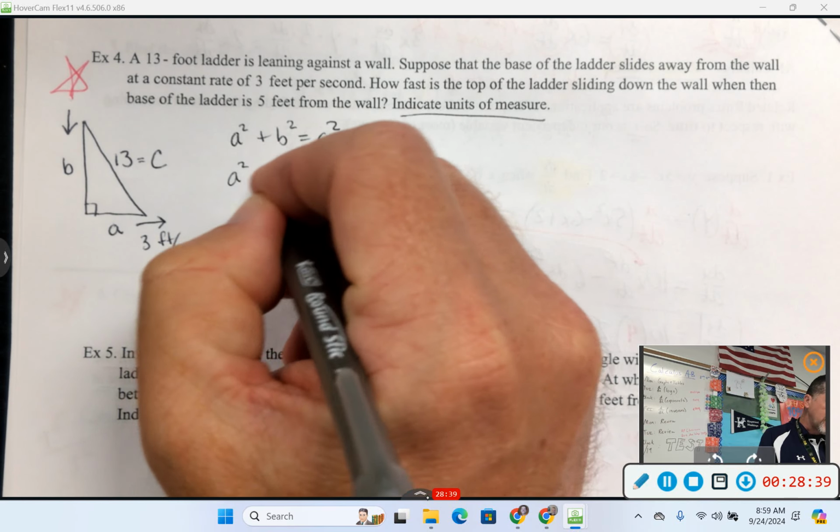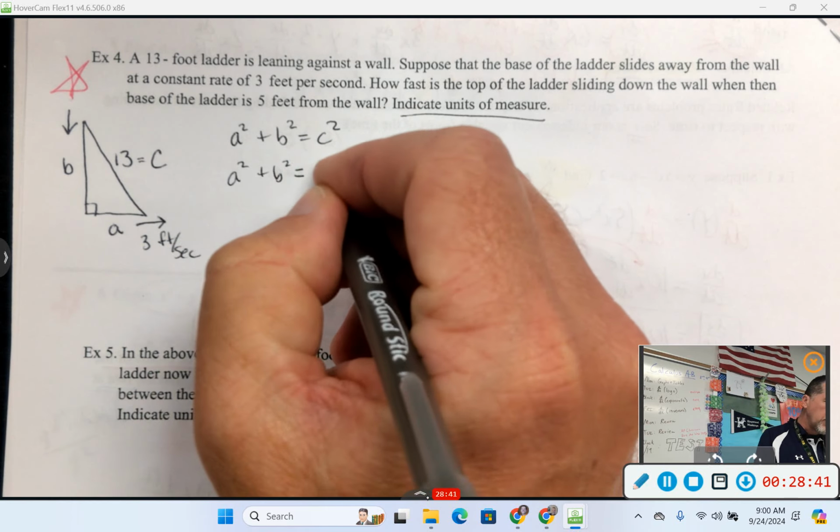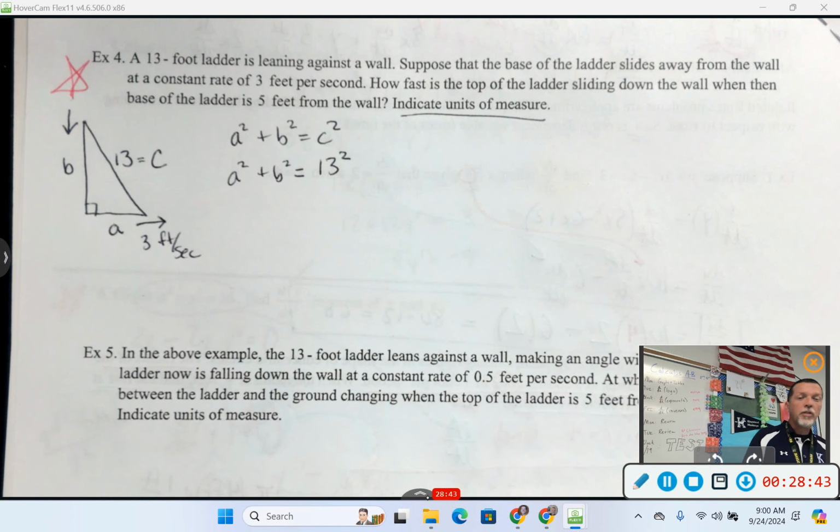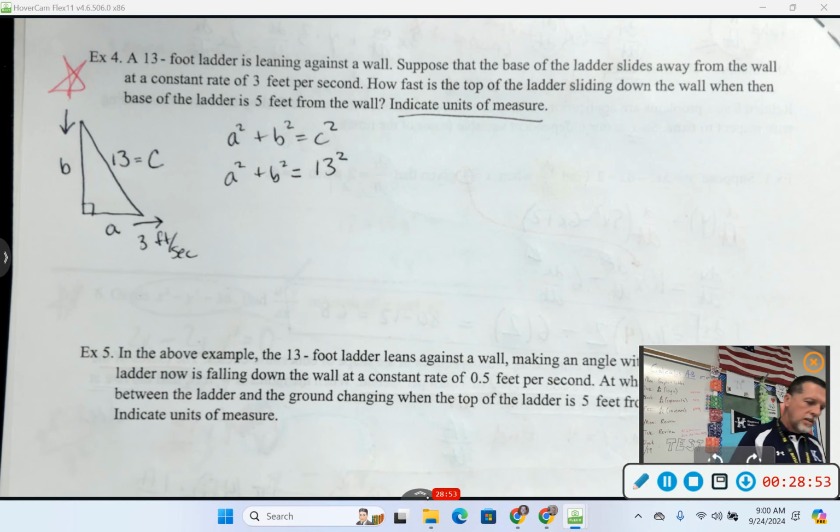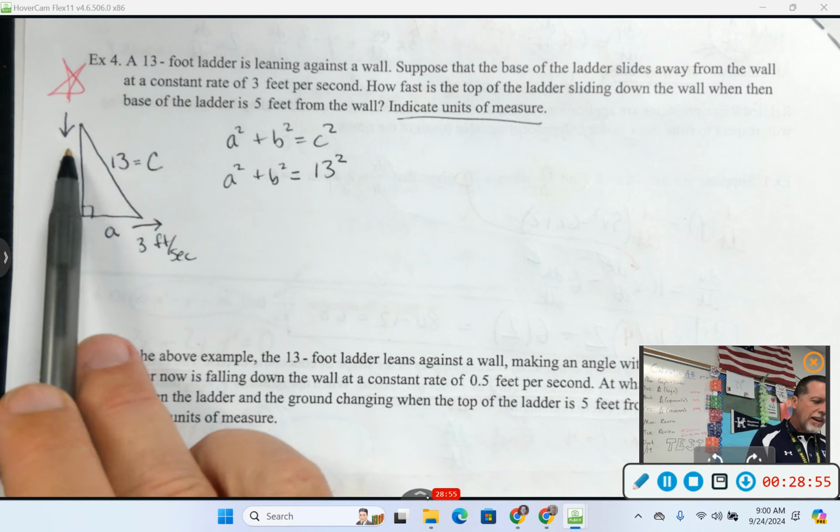C is constant. So we only want one variable, or two variables, excuse me. But we can get rid of C because it's always 13, right? As the ladder slides down, the ladder's not changing length. Now that I've got this labeled,